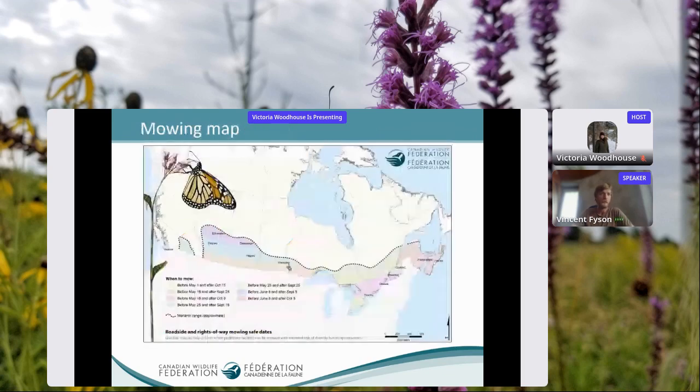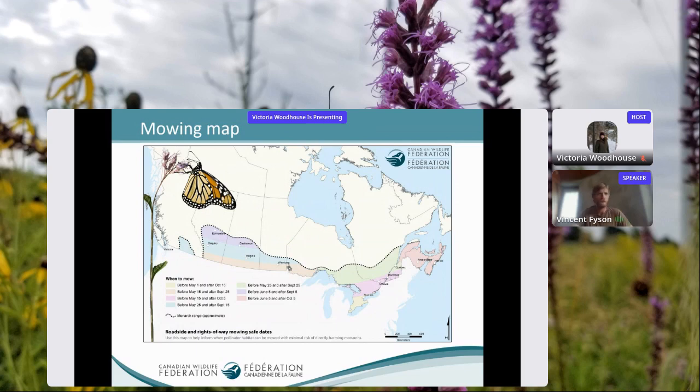So next slide. By using these methods, we can assess the arrival and departure timing across the country. And this is the result of our mowing map for Canada. Additionally, there is a mowing map for the United States. I know there are some United States listeners today. And this is released by Monarch Joint Venture. So I can provide a link for that if anyone's interested, or I think it should be pretty easy to